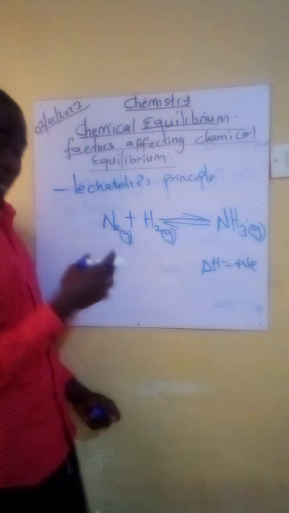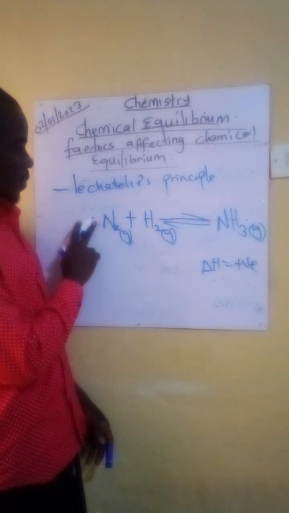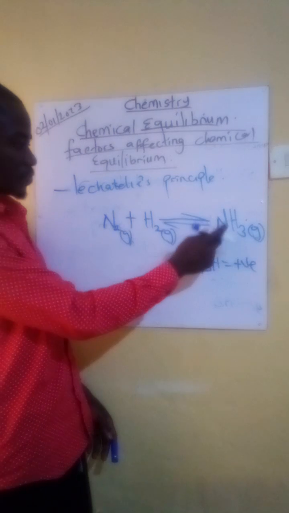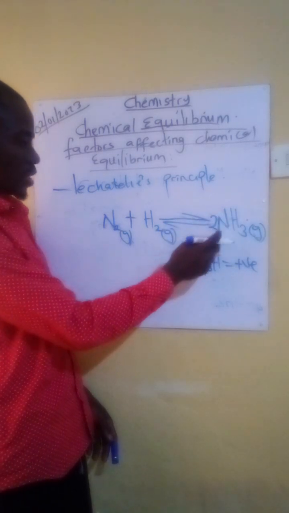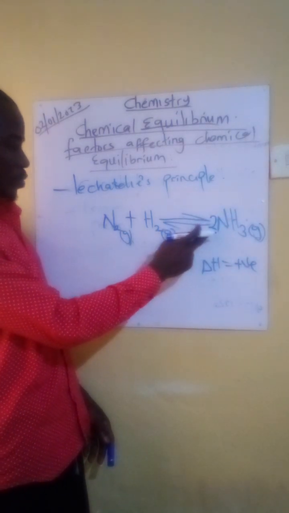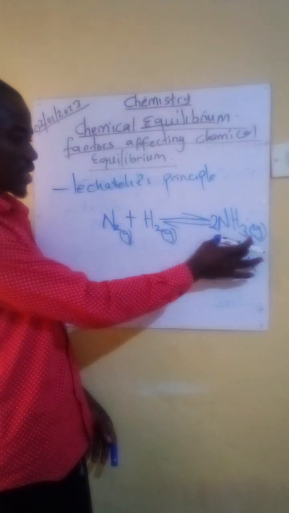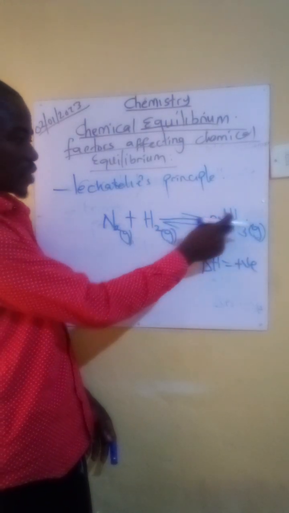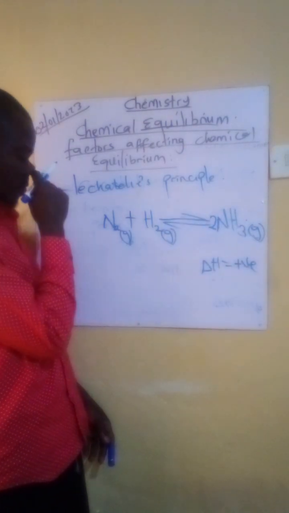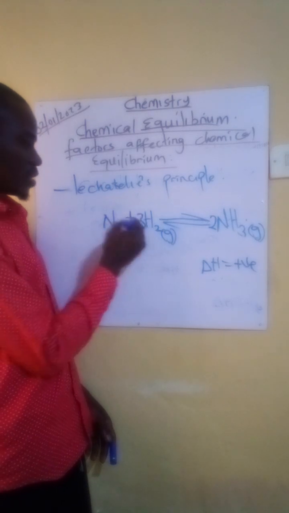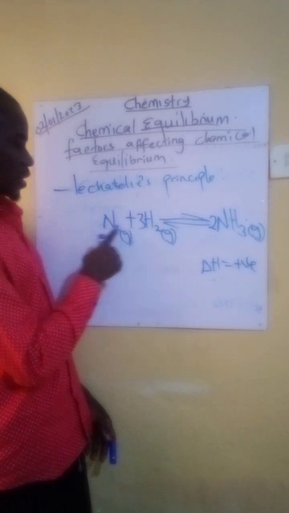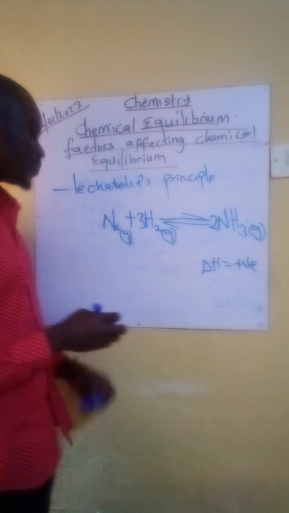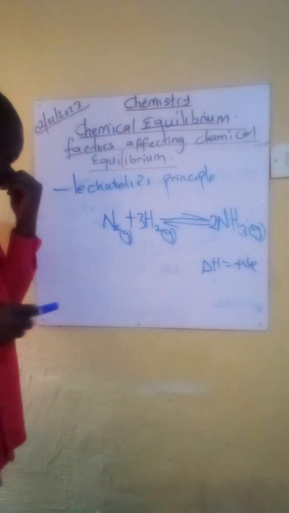Usually, you have to always balance. If you want to balance, this is 2, this is 1. What if you put 2 here? Hydrogen will tend to be 6, that's 2 times 3. Then you put 3 here. Hydrogen is now 6, the other is now 2, so it's not balanced. So whenever you have this,